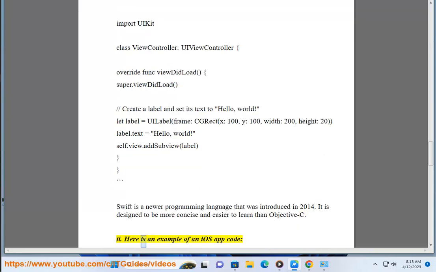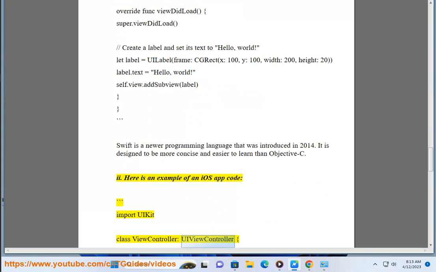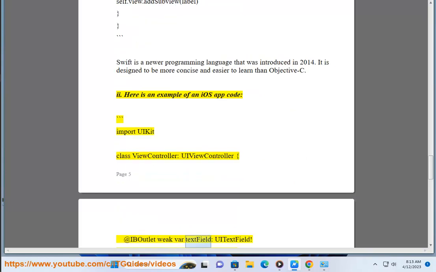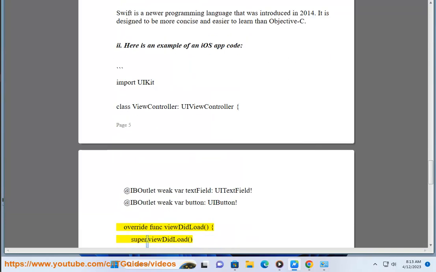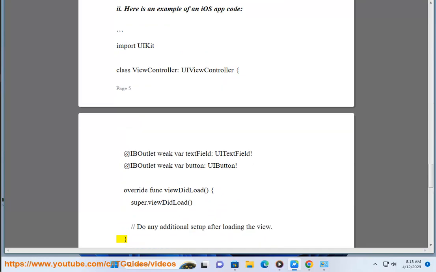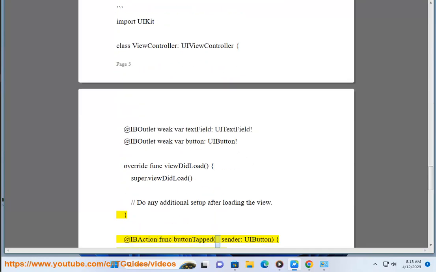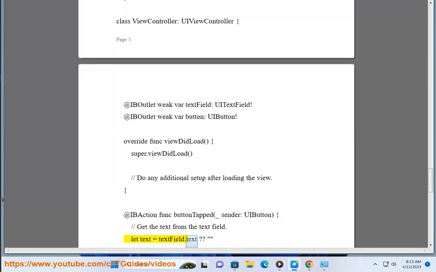Here is an example of an iOS app code: import UIKit class ViewController: UIViewController { @IBOutlet weak var textField: UITextField! @IBOutlet weak var button: UIButton! override func viewDidLoad() { super.viewDidLoad() // Do any additional setup after loading the view. } @IBAction func buttonTapped(_ sender: UIButton) { // Get the text from the text field. let text = textField.text